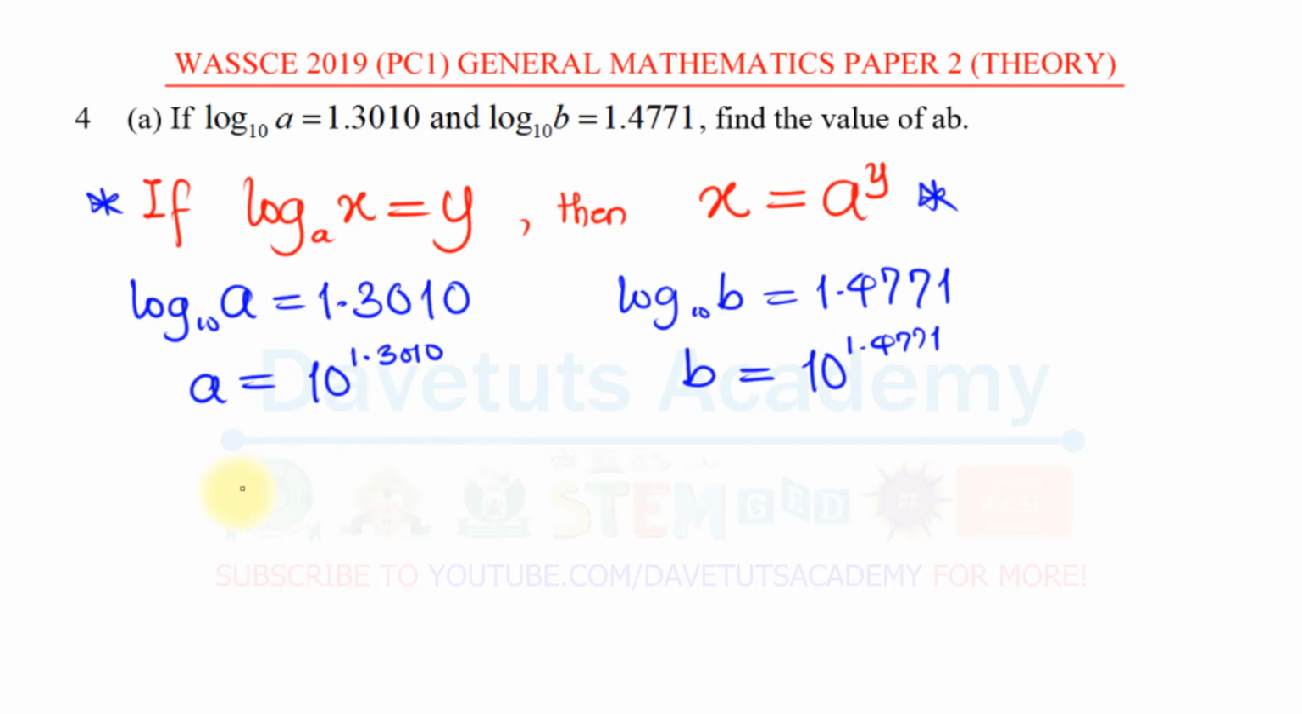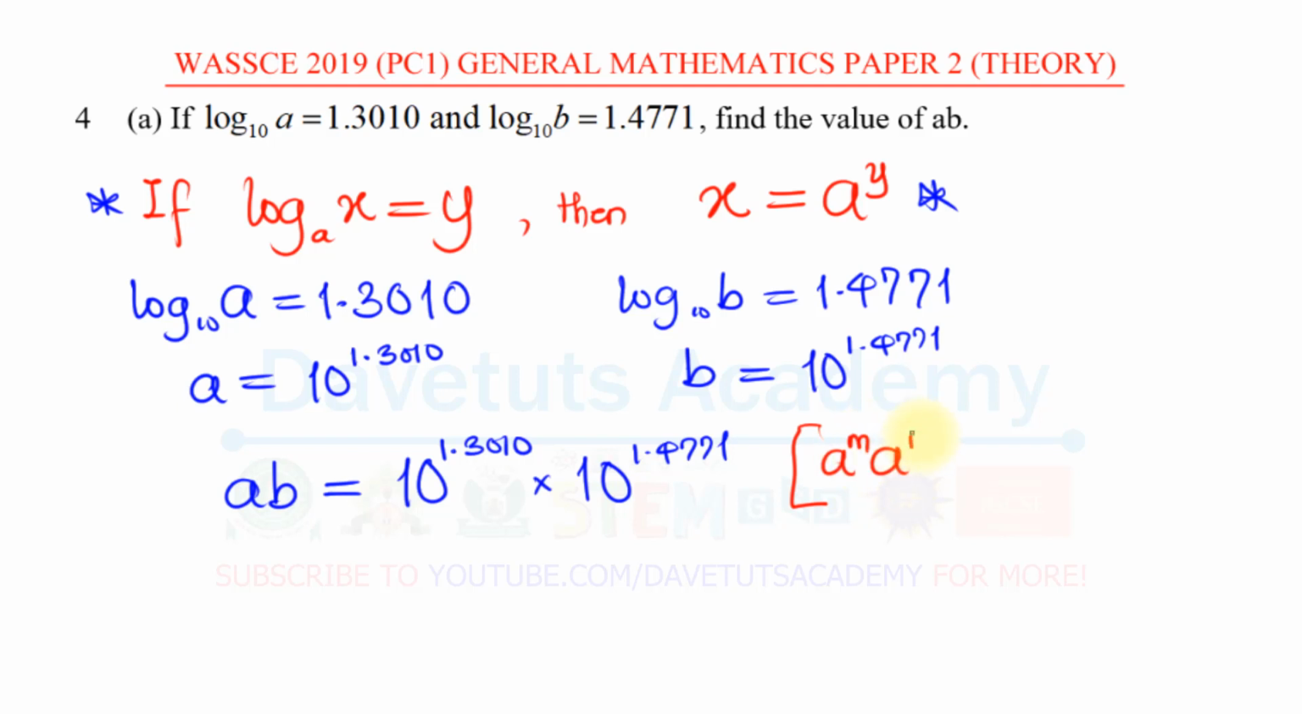So having this already, our AB can actually be solved easily by saying this is 10 raised to the power 1.3010 times 10 raised to the power 1.4771. Now, by reason of the laws of indices, we know that anytime you have A raised to the power m multiplied by A raised to the power n is the same as a single A, then you add the power, okay? Since we know that, then we can say our AB is going to be 10 raised to the power 1.3010 plus